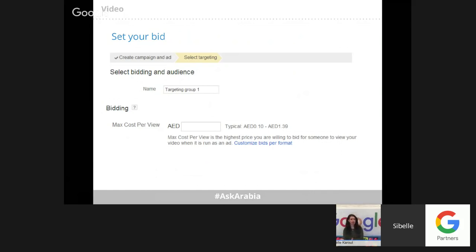So you can target by keyword, and you can go a bit more advanced, where within the same ad group you can target keywords and interests in a way that you'd say, I would like to bid more for people that are interested in fashion and are typing in keywords such as shoes. I'm willing to pay more per view, and in that way the system would know that you're more interested in that category of people, so you will appear to them.